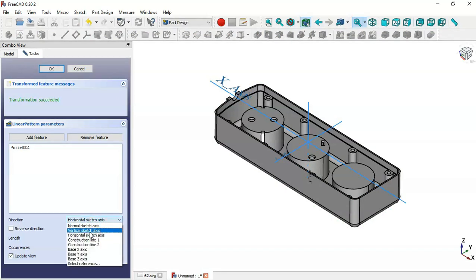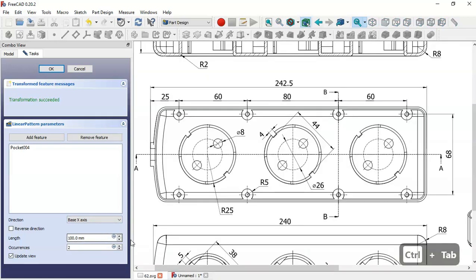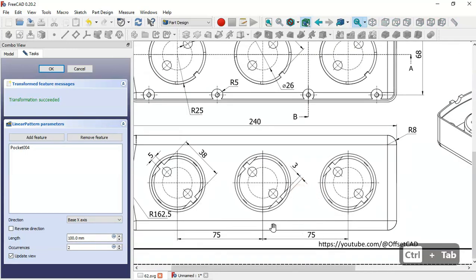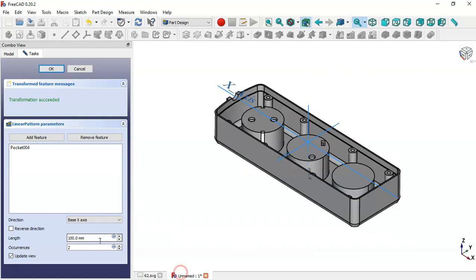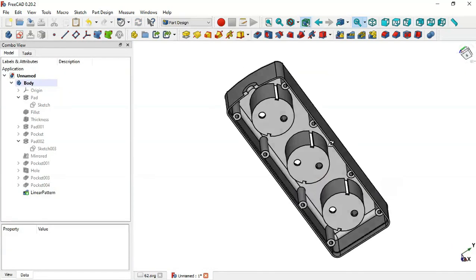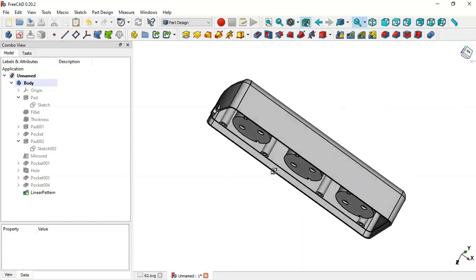and here we set x-axis and the length here will set, here we have these dimensions, so here we'll set 150, and the curves here we change to 3, and okay. So now we have these pockets here,